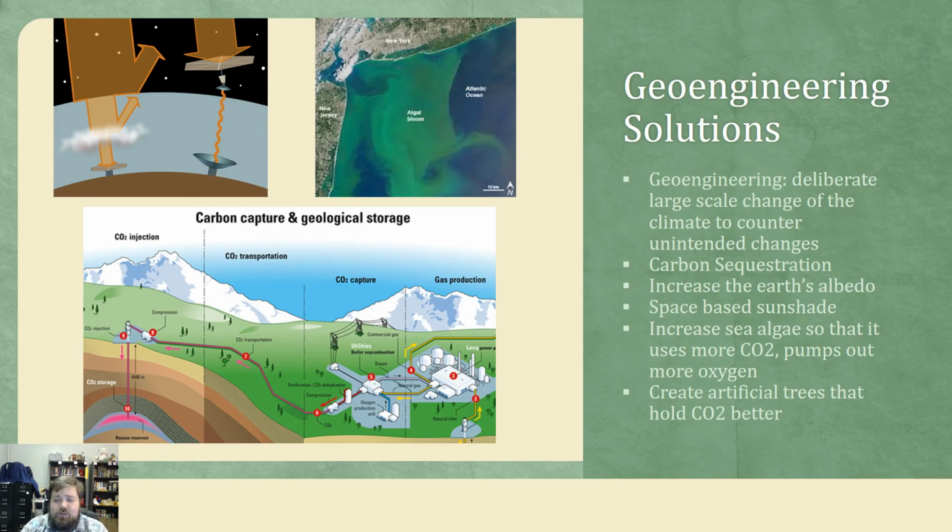So these geoengineering solutions are just kind of the tip of the iceberg on the solutions that we could come up with. This represents basically the fix the problem approach, not just the hope it doesn't get as bad way of doing things. So if we've already managed to screw up our environment beyond large changes, which is a distinct possibility at this point, we would probably need to undertake some of these big human ingenuity solutions, these geoengineering solutions, to try to fix the problems. So those are kind of our two big approaches here, right? Geoengineering versus sustainability, and perhaps they feed into each other in some way.